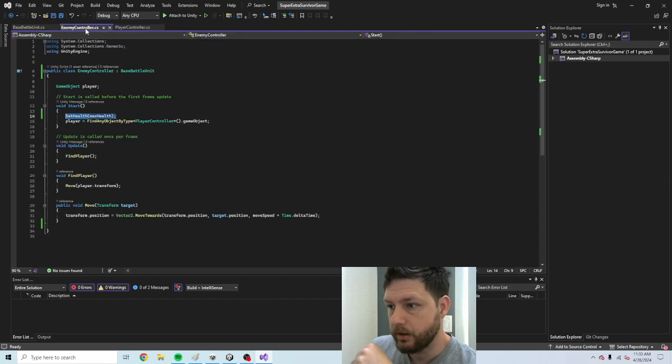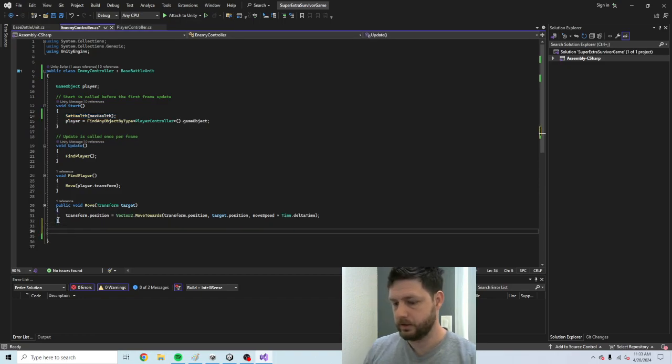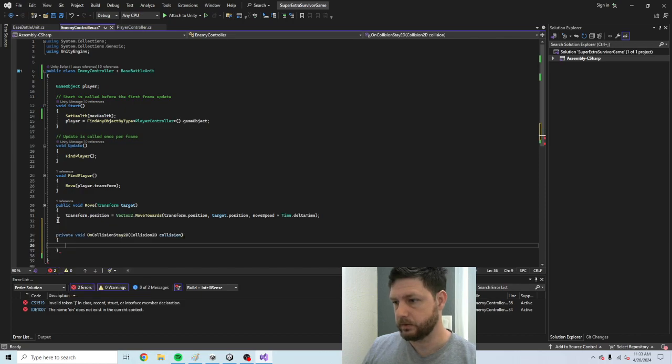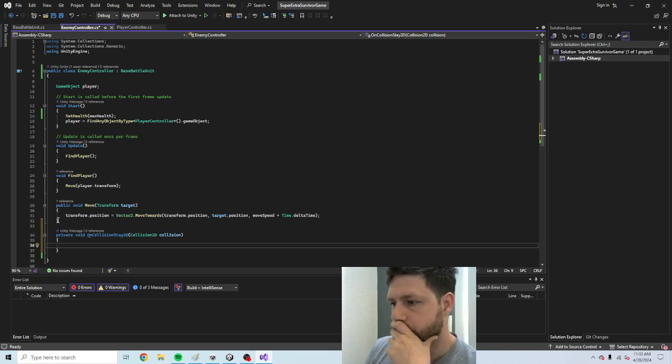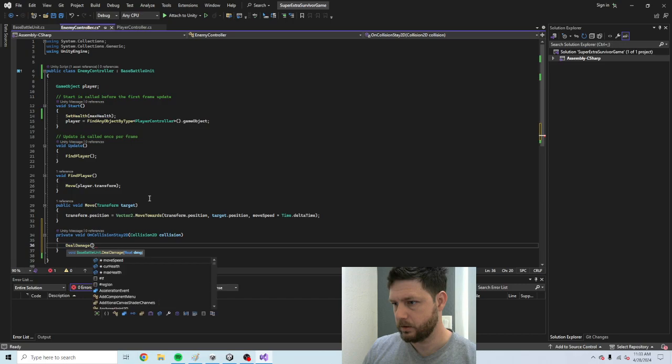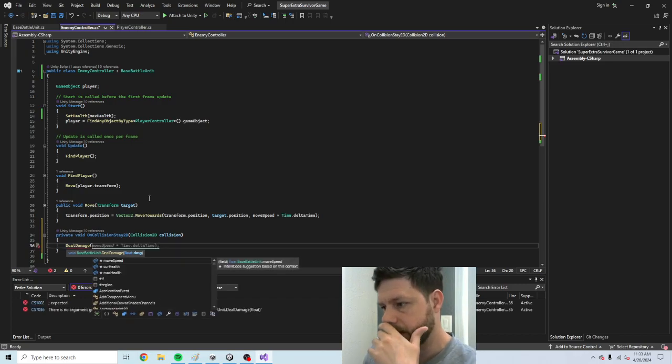So the player is going to only take damage. So we're gonna want to deal damage, and then besides the damage amount, I think I also need to pass in the